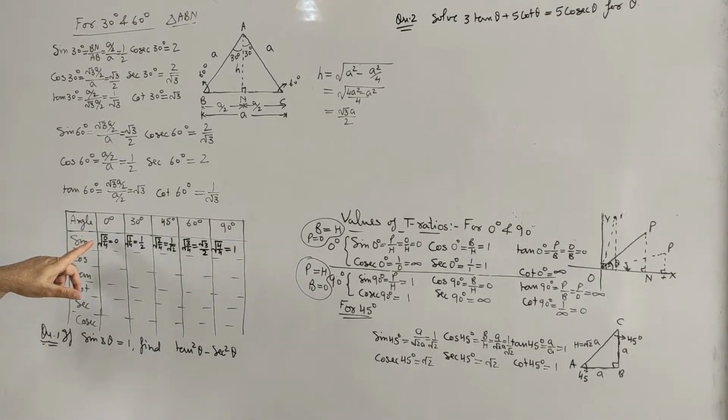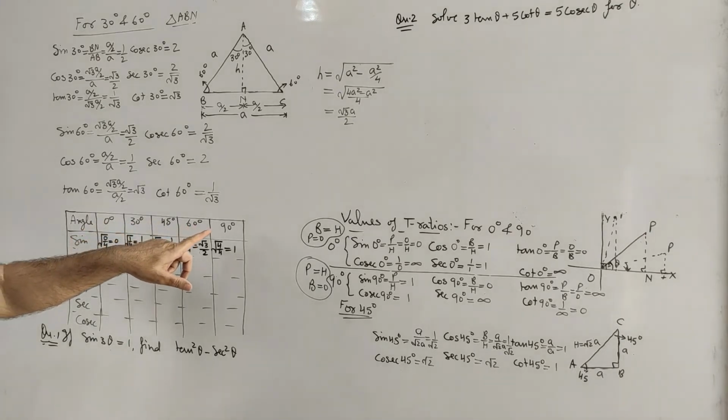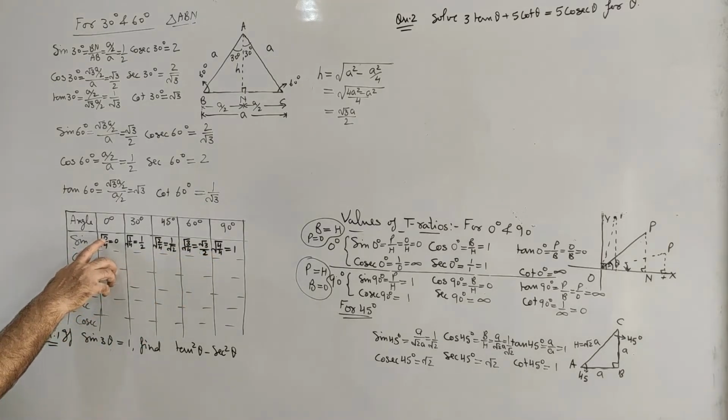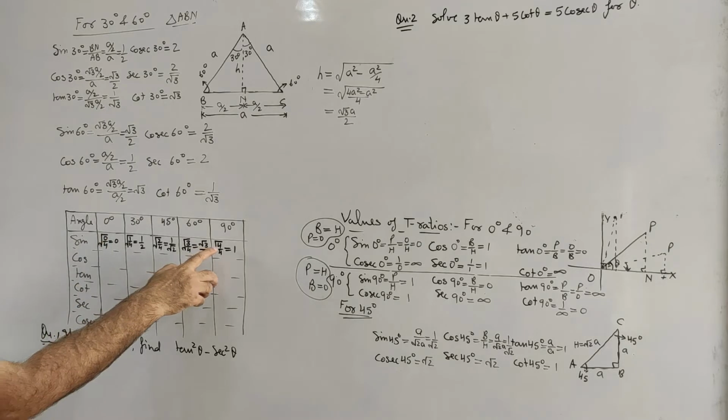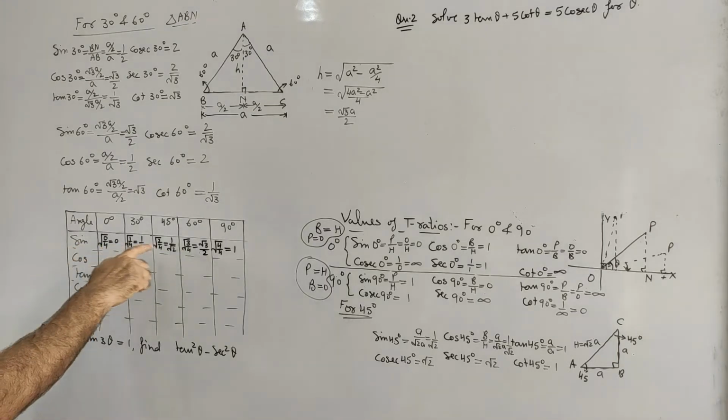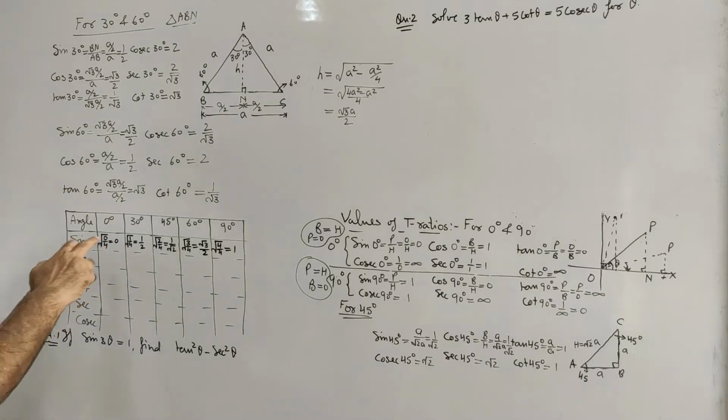Thus the values of sine for 0, 30, 45, 60 and 90 degree can be obtained by root of 0 by 4, 1 by 4, 2 by 4, 3 by 4, 4 by 4. It means we have to only change the numerator from 0 to 4 and the denominator will remain 4 only. So in this way also we can learn how to get the values of sine for all angles.